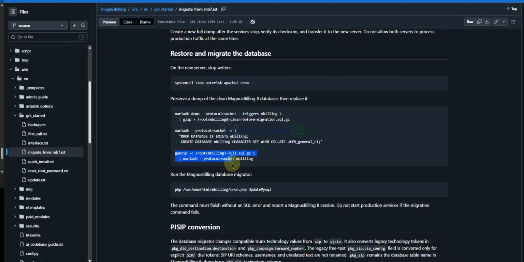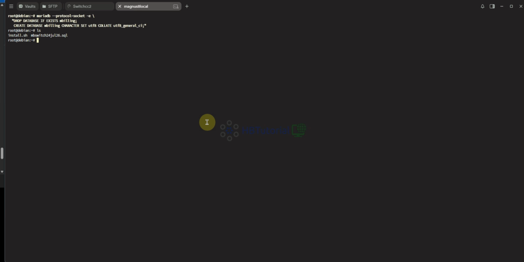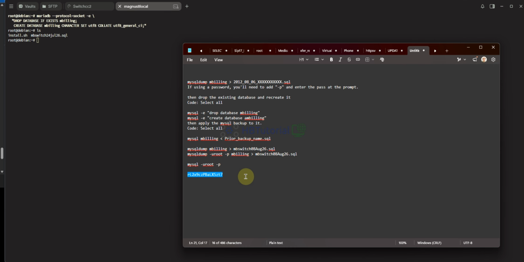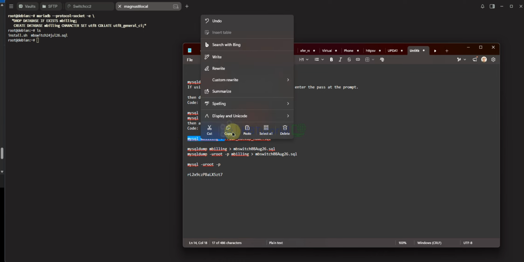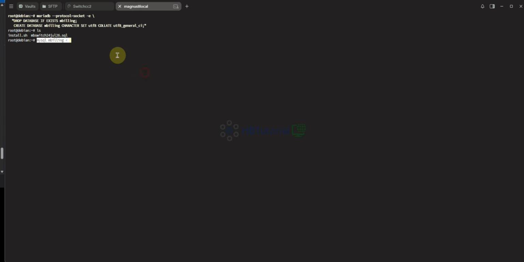Actually, from here they are importing, but we already have the database backup. So we will do this one. Import the database: mysql billing and then the dump file. Then enter.